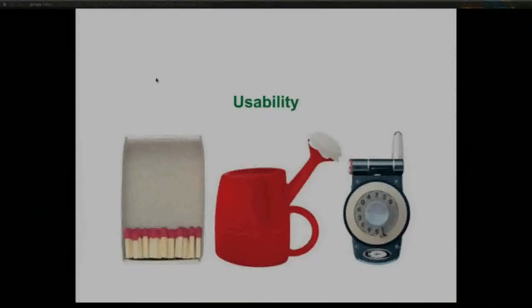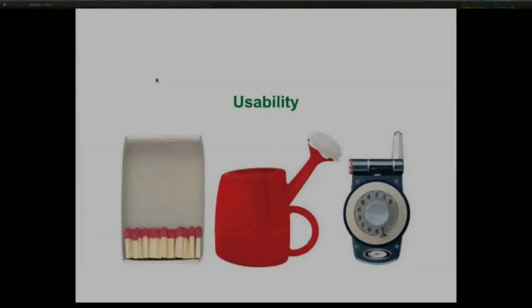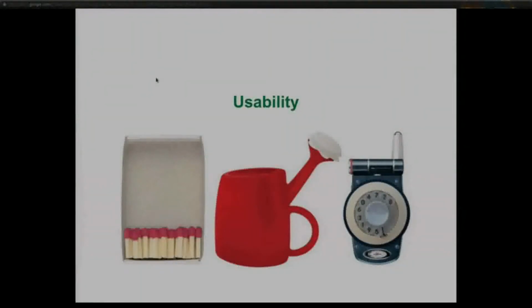If you look closer at this, the numbers are out of order. So what I learned on my grandma's phone as a kid will not work on this phone. This is impossible. So usability, in its simplest definition, is the ease with which we can use our technology to accomplish our goals.